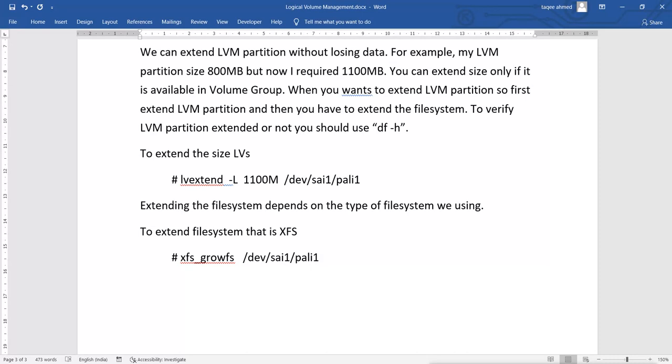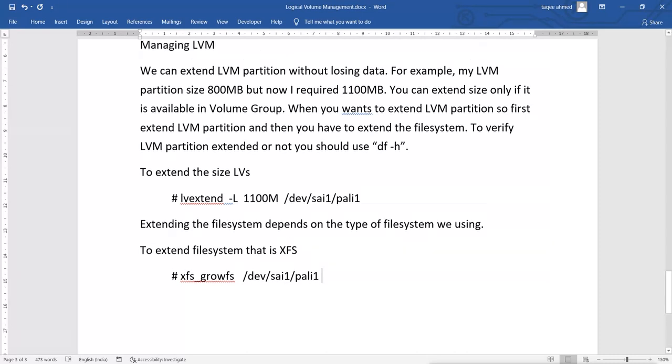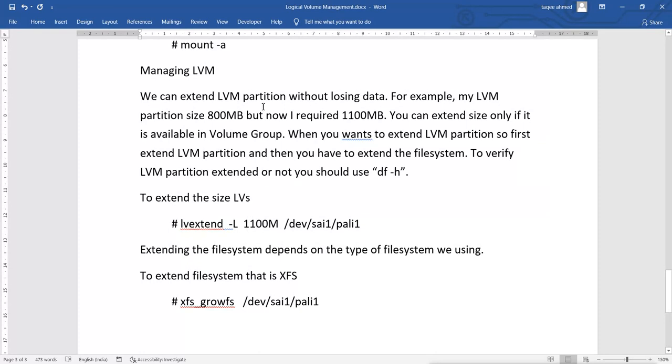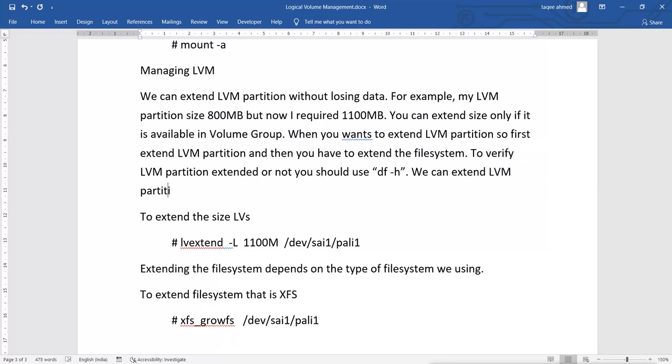Now one more thing, when we extend the LV partition, we can extend the LVM partition online. Now what is the meaning of online? That means the partition will still be mounted and the partition is in use.